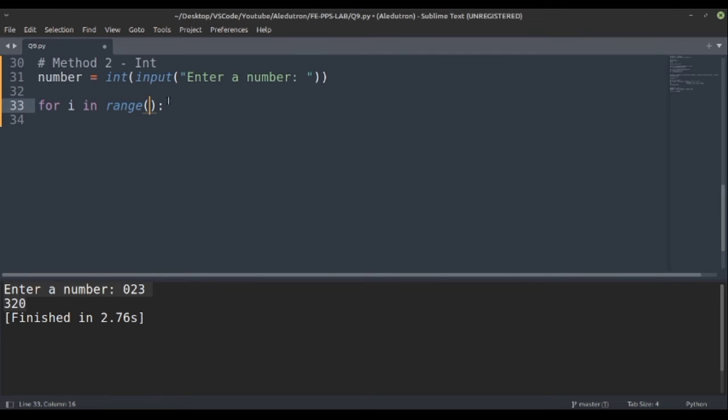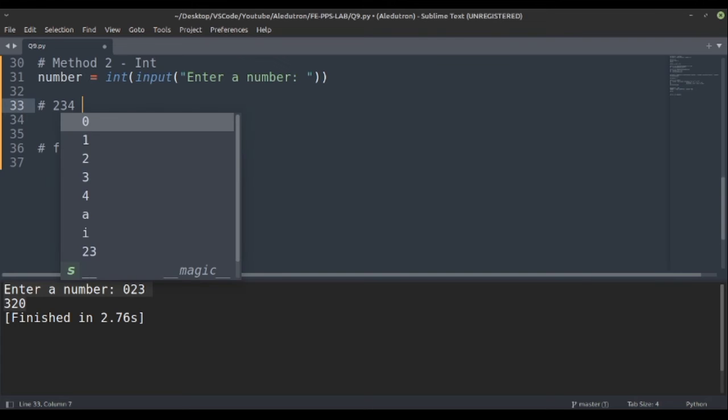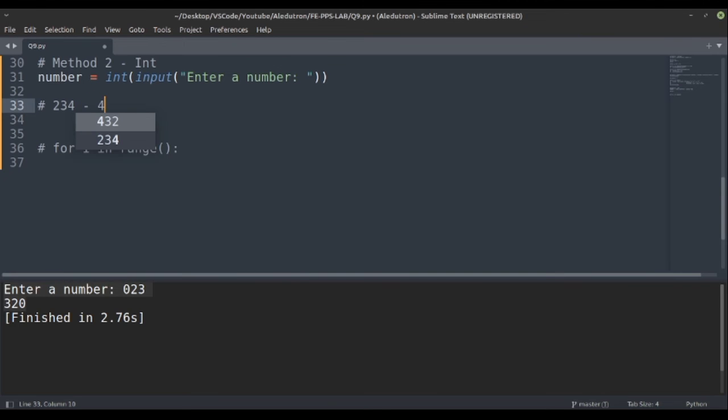So what we have to do is check the number of digits. Let's take an example again, because working with an example makes it more clear. So we'll take the same 2 3 4. First of all we would need 4, then we would need 3, then we would need 2. So if I take for i in range number, number would be 2 3 4. So 2 3 4 is a very big number, but we require the number of digits. So what we can do is convert this into a string and store its length. So we can do that as one method.